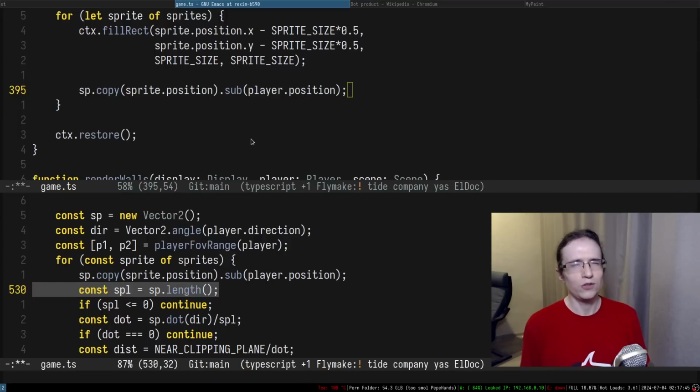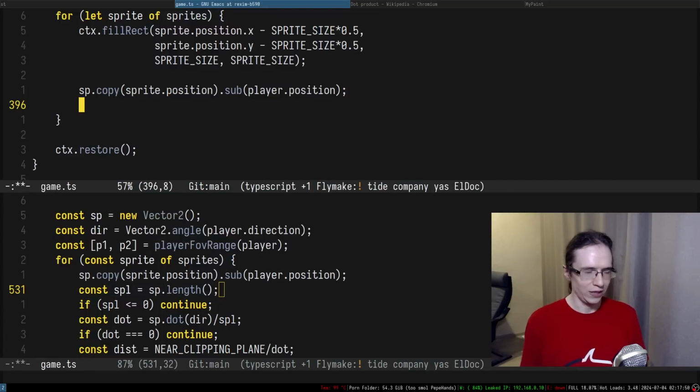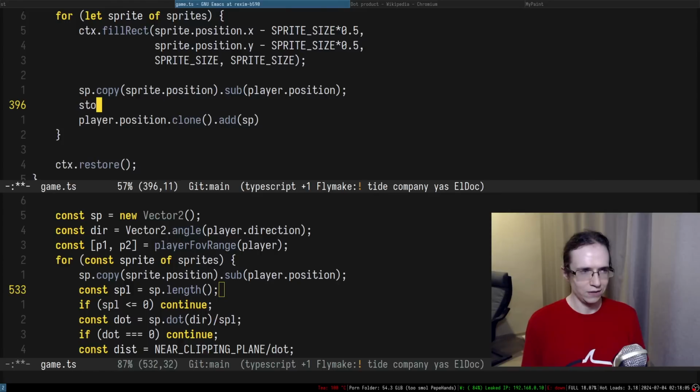I'm trying to think what I can visualize in here. I don't see what I can visualize in here. I just found the direction. One of the things I can do to visualize this entire thing is maybe take the player position and add SP, like obviously I need to clone it, right? Because it's going to modify it, and that gives me the point that I could visualize, right? So I can maybe stroke a line